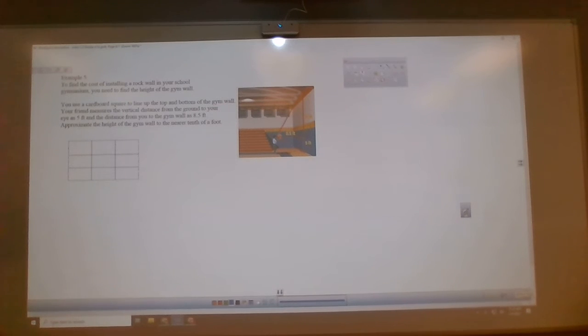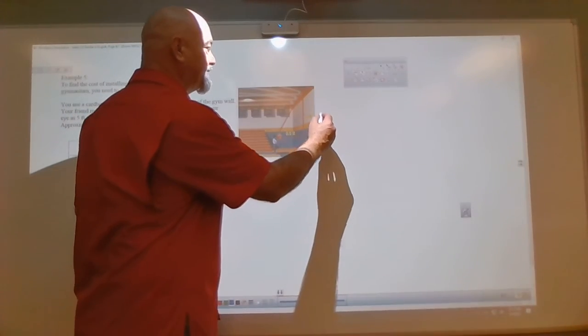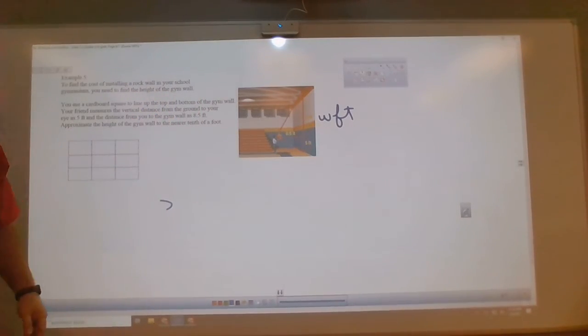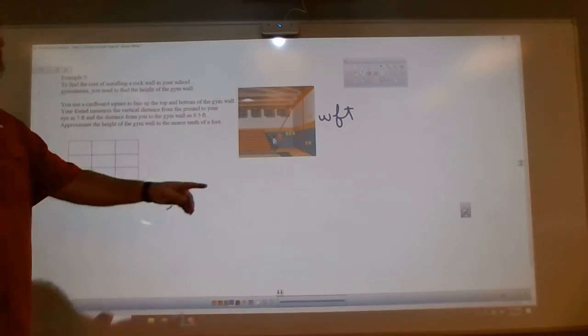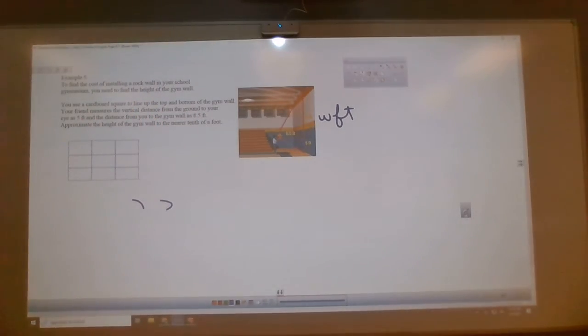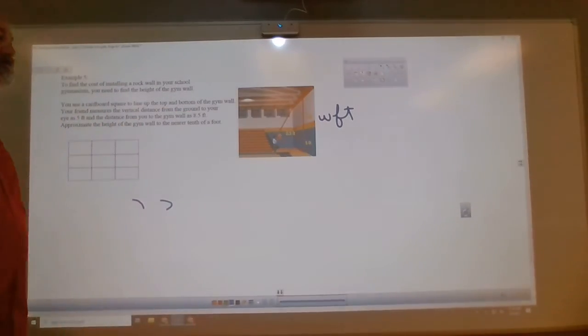Is this your last example? Yes. All right, here we go. So on this picture, you can't really see it on your paper. This is W feet. You can't see that on there, can you? Can you see the other parts? This is 8.5 feet and 5 feet, okay? So what we're trying to do is find the height of the gym. We know the distance of the nose to the wall, and we know the height of the nose, 5 feet,